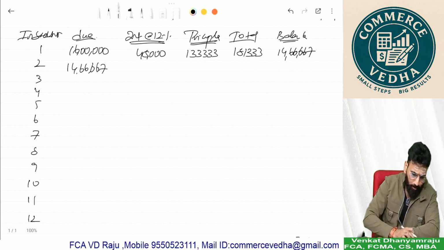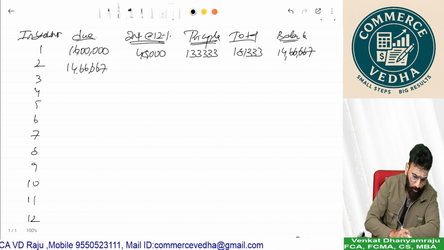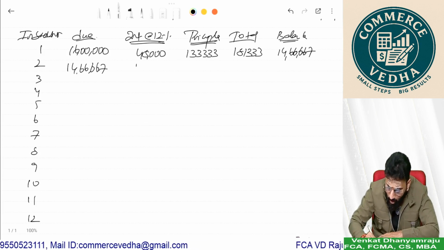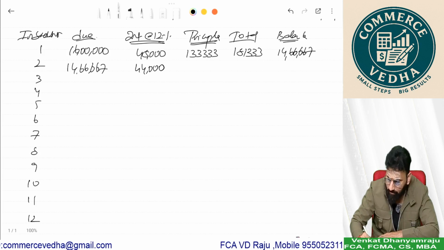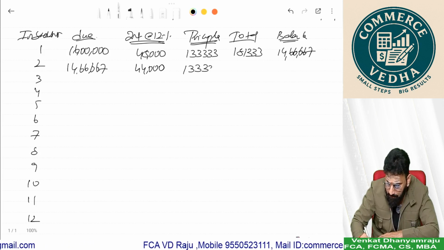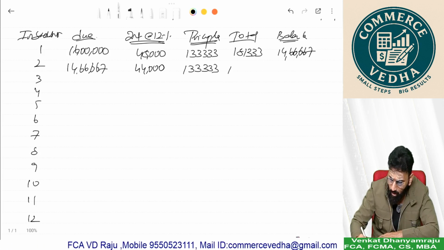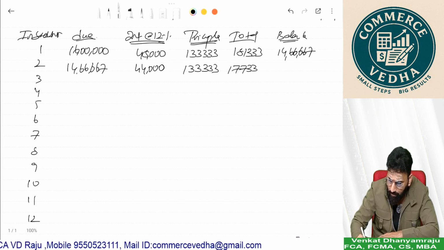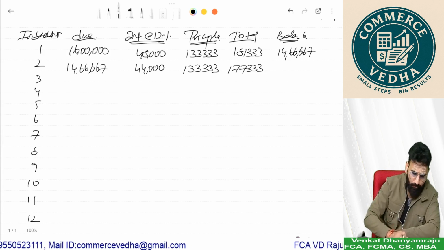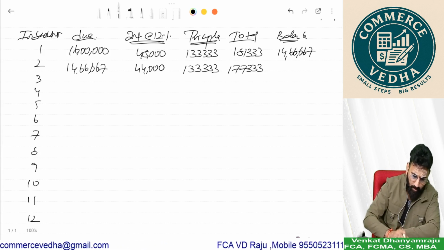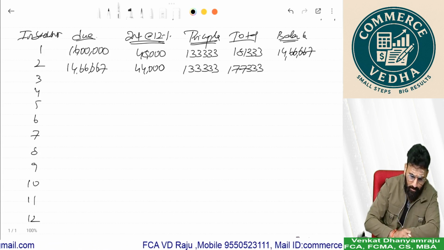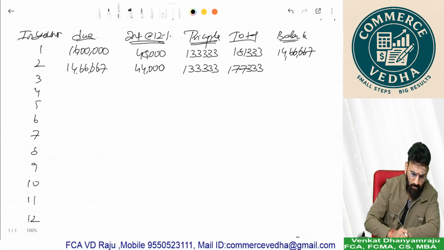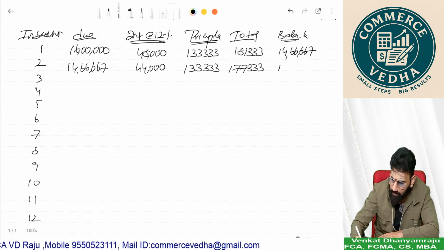You are computing interest at 12% into 3 by 12 because quarterly, 44,000. Principal remains the same and total 177,333. So 14,66,667 minus 133,333 is 13 lakhs